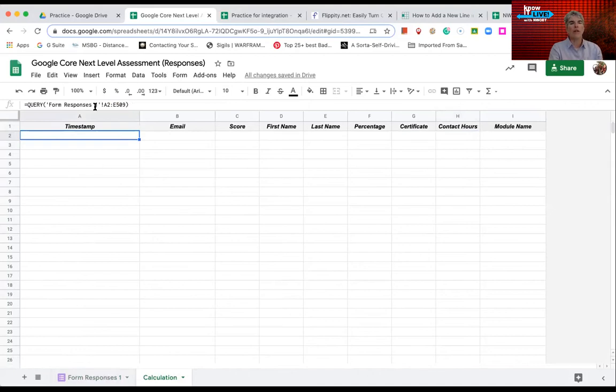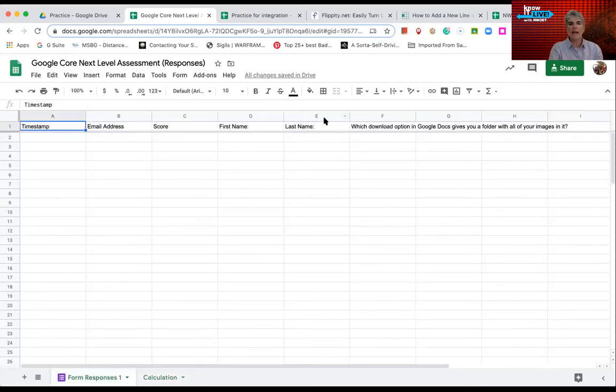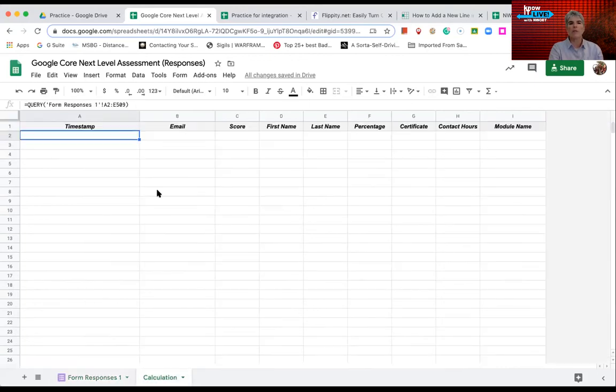So you can see all of my information up here that I've typed in, and I've just kind of put an unlimited number of how it's going to pull in that information. So it's going to be through E, because that's all my demographics that I need for it. So this is basically going to be used in an autocrat form. I'm not going over autocrat today, but that's why it's only pulling timestamp, email, score, first name, and last name